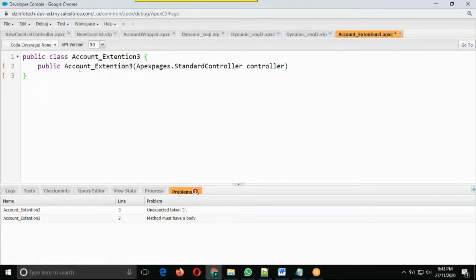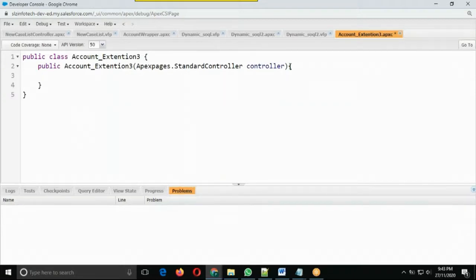The public Account, so you can put a default constructor. It must have the method body. We are going to discuss the constructor in Apex methods, and after two or three classes we will understand what a constructor is and without parameters.